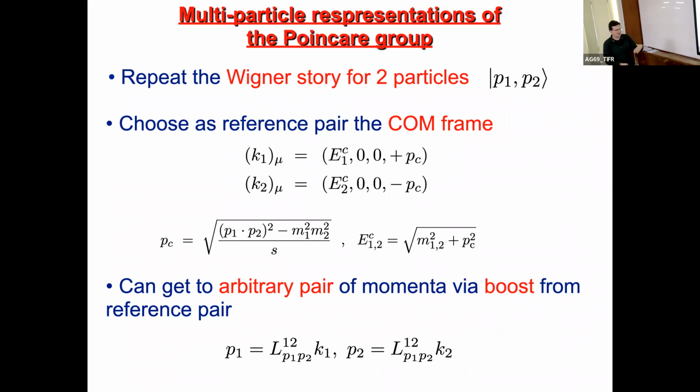Now then you can again just continue the story. Now I have this reference momenta, and then I can get any pair of momenta by boosting this reference pair. And the boost here, this is the same boost, of course. This is the same boost. That's what is special about this: there is a frame where they are back to back, which means that from this reference pair of momenta, you can get an arbitrary pair of momenta for these two